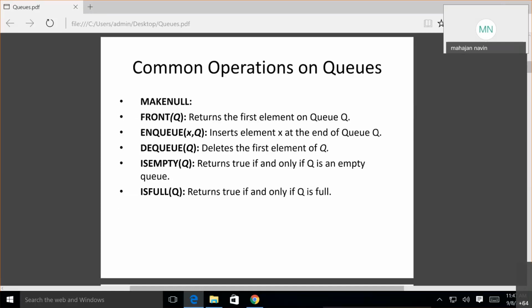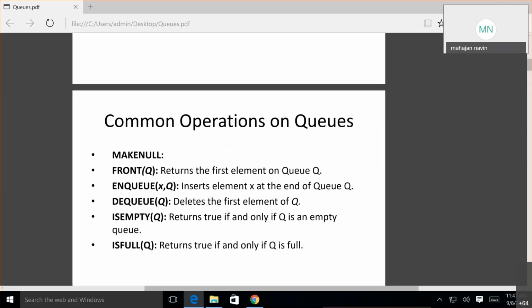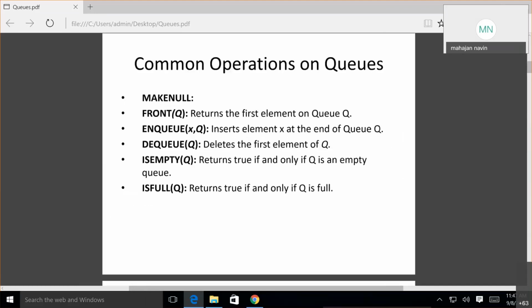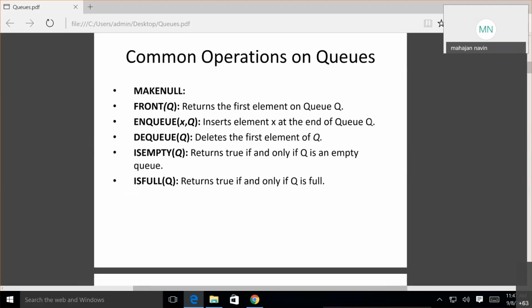Is empty checks whether the queue is empty. Is full returns true if the queue is full. This is implemented when we implement the queue with a static data structure. If you are using dynamic, then you don't have to worry about full. Dynamic means the size can be increased or changed.